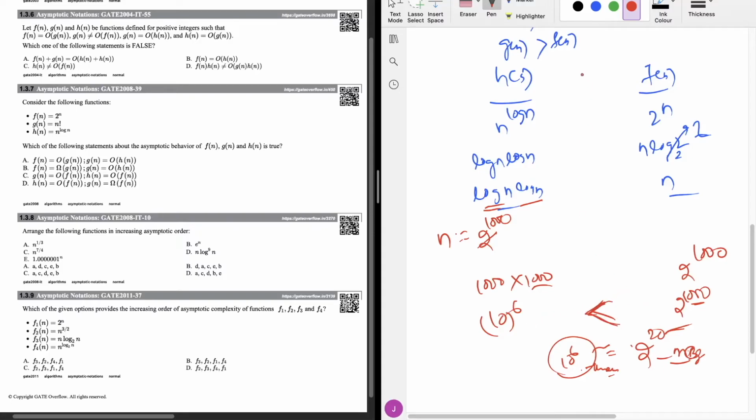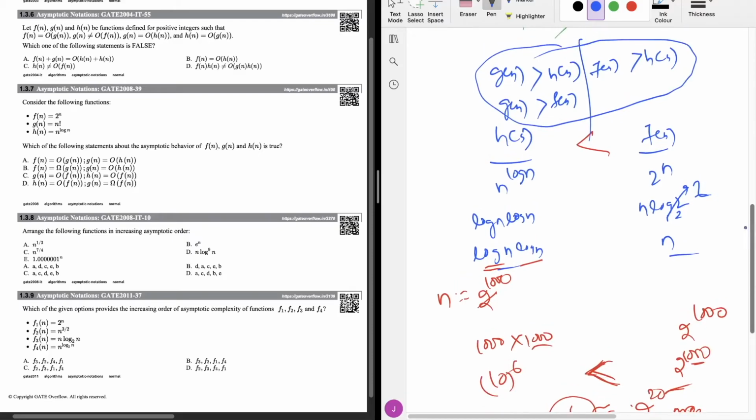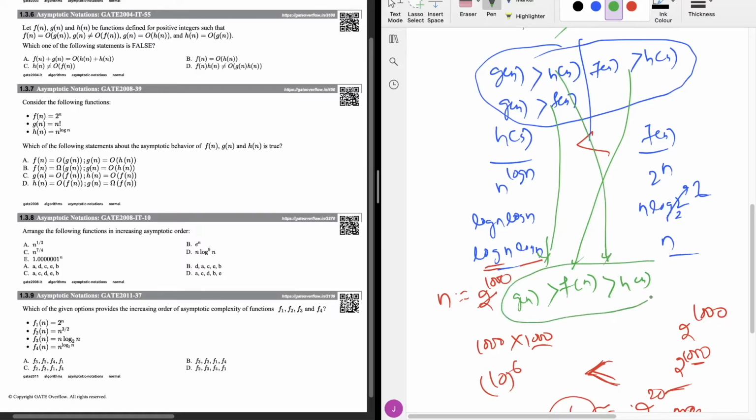So from these two we can get the idea that h of n is greater than f of n, which is greater than h of n. So now I have one more derivation I got: f of n is greater than h of n, and by applying these I have to write the equality. Okay, so applying these three I can get that f of n is less than g of n, and from this I can write that it is less than h of n, and this also gets satisfied by default, right? So this is the inequality I have found out.